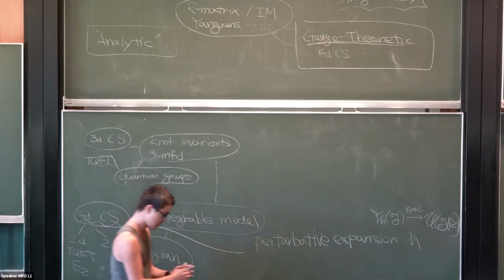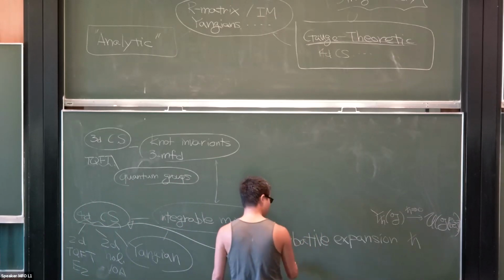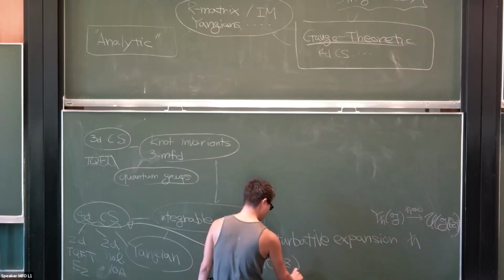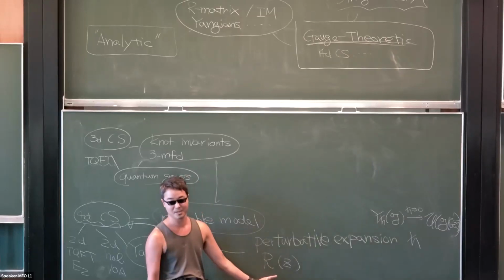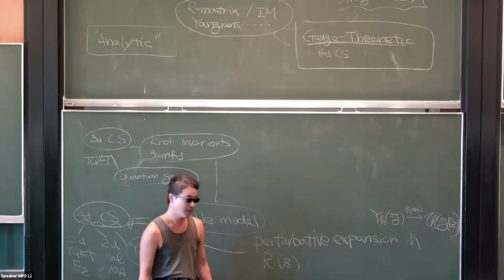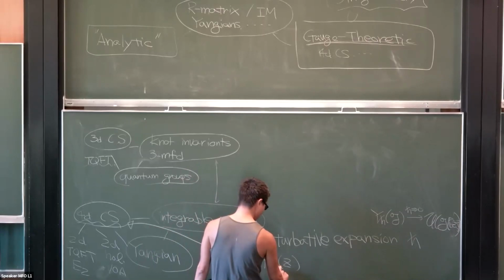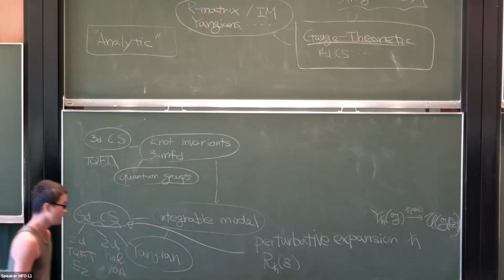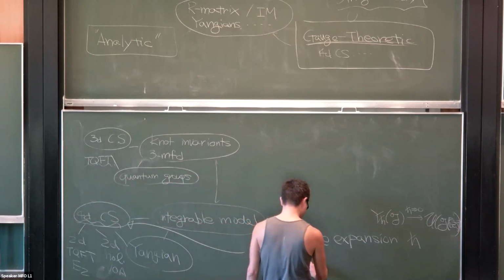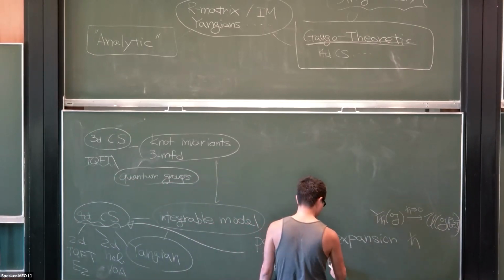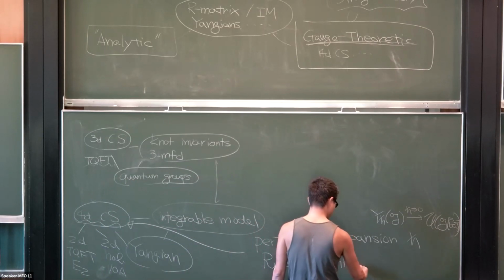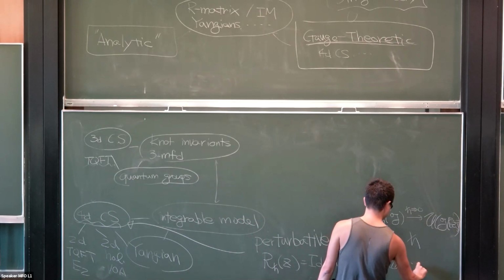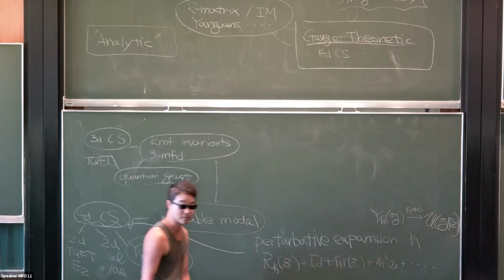Concretely, I'm coming to that afterwards, but what I'm going to do is take, for example, the R matrix, R(z), with respect to some representation. This R matrix depends on the H bar parameter, and it has an expansion, starting with the identity plus H bar times the classical r matrix, plus H bar squared times some other stuff, etc. So there is this H bar expansion.